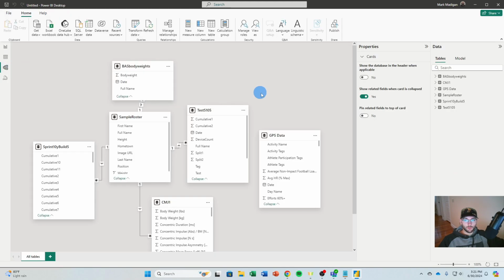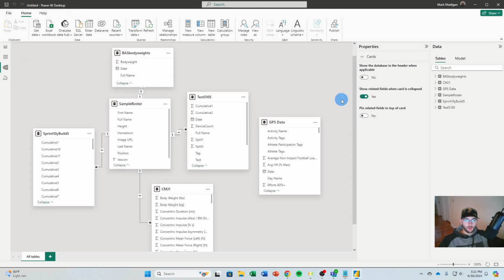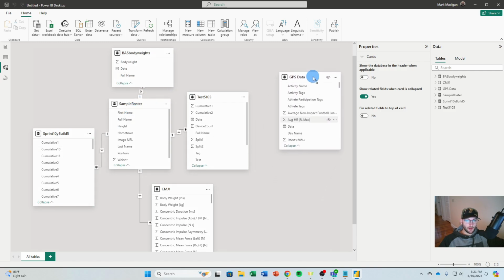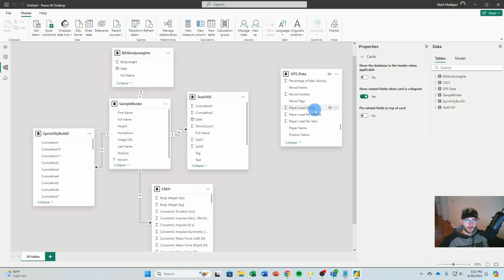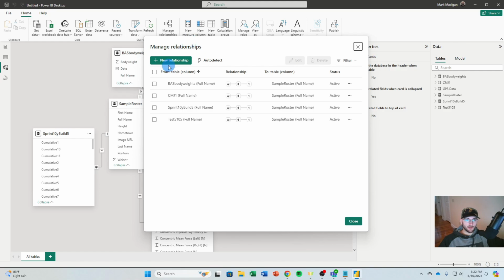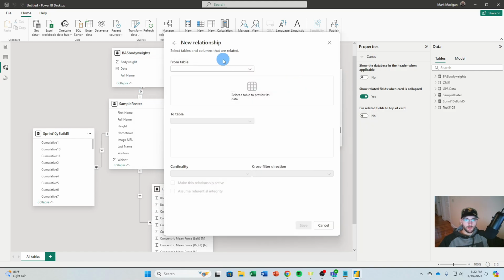Next view, model view. Here we show our relationships between our tables. So automatically Power BI recognized 4 different relationships, and that is the full name column in all of these tables. It did not recognize anything in GPS data, and that's because there's no full name column, it's player name. So we'll manually connect these ourselves by doing that. Manage relationship, new relationships, and as you can see, just full name from each of these tables to sample roster full name. New relationship,